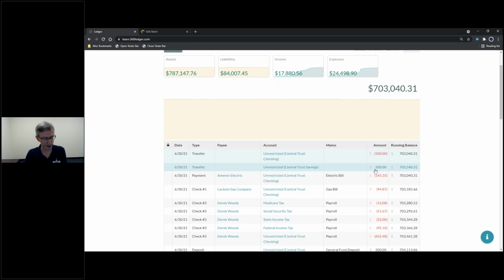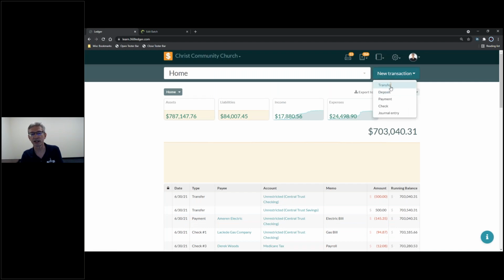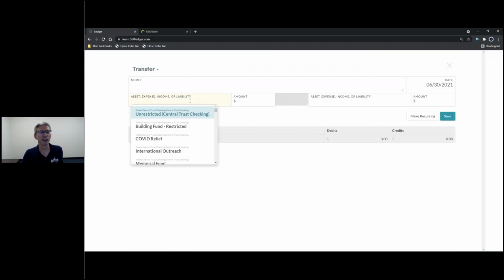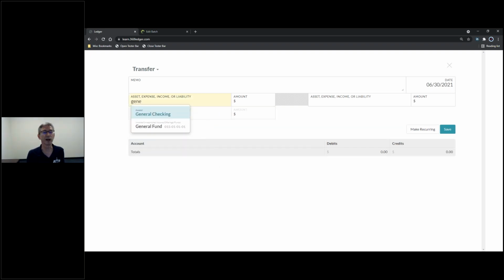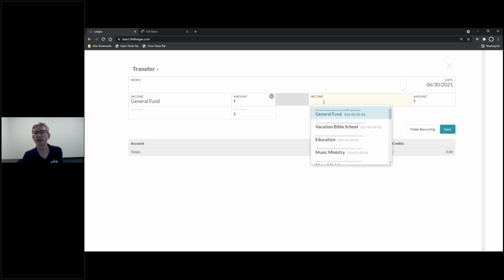Then for transfers, just to show this, let's say you were using an income account and you had accidentally applied some income to the wrong account, let's just say the general fund. Here's our general fund income. As soon as I've selected that income, you'll notice the right side also says income. So right away, once I click in the cell, the drop down will limit you to just seeing income